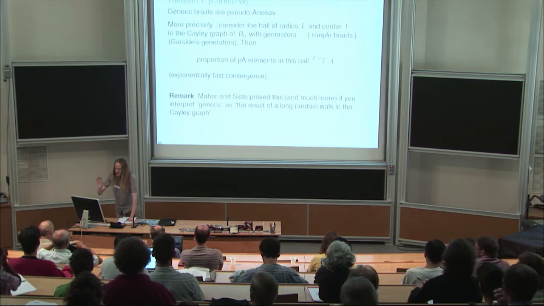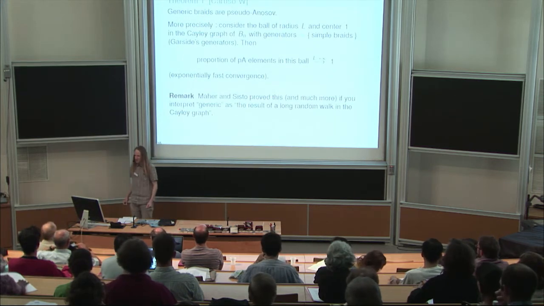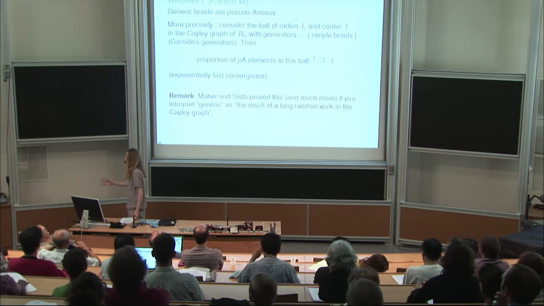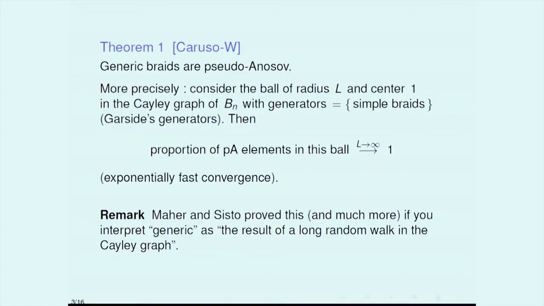The main result is the following. Roughly speaking, generic braids are Pseudo-Anosov. More precisely, if you look at the Cayley graph of the braid group B_n, of radius L centered in the trivial element,